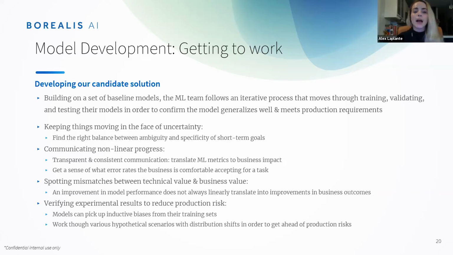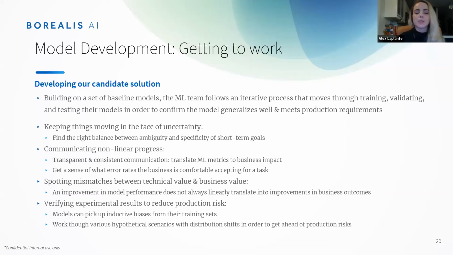And what we do at Borealis to manage some of this is make sure that we are managing with specific enough tasks, but also being flexible. And so while we use kind of an agile framework, we do build in some flexibility to that. And so we don't necessarily work off of two-week sprints, for example. Another thing that's really important is communicating nonlinear progress. And it can be really challenging to do this. And how we combat this is having really transparent and consistent communication. And this is both internally across our technical teams, but also with our business stakeholders, so they fully understand where we are and what they should expect in the next time steps.